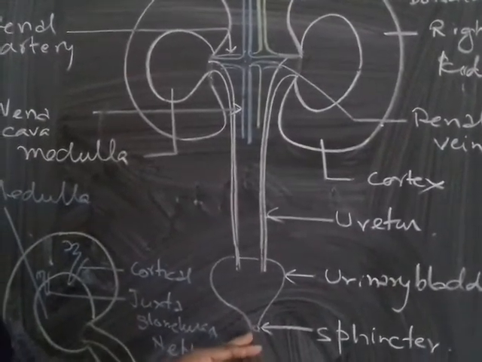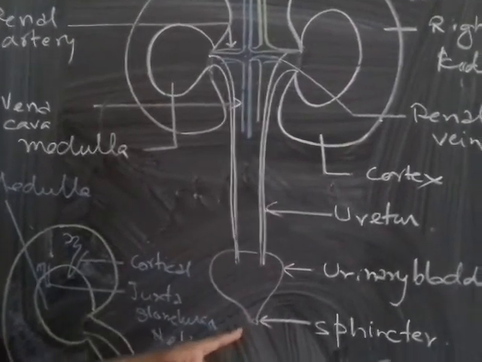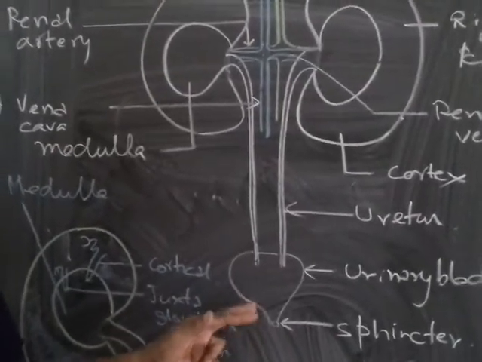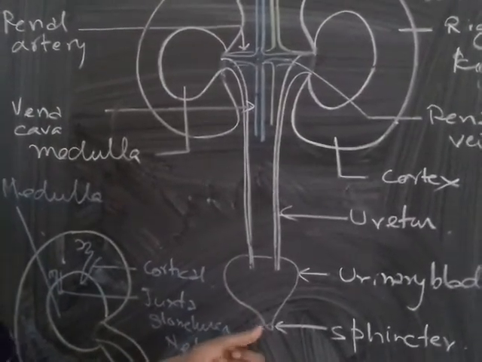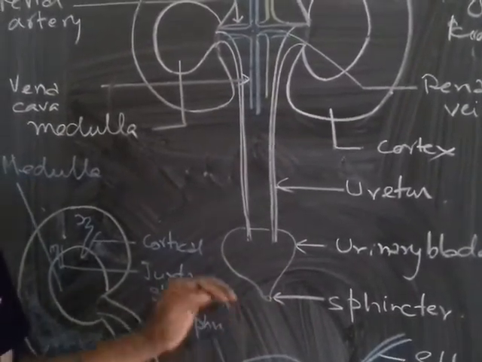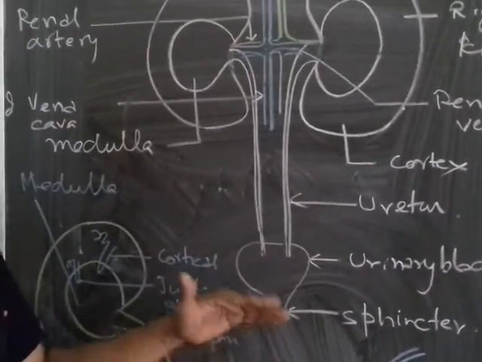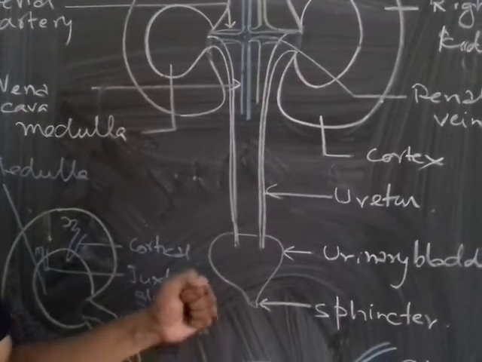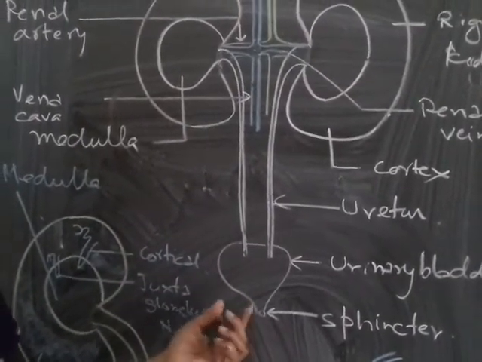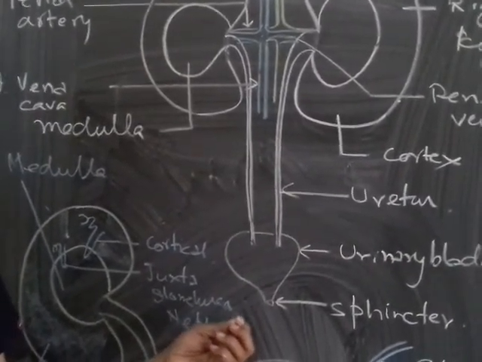The urethra is longer in the male because of the penis, because the penile urethra is there. In the female, the urethra is shorter. So the urethra is a duct connecting the urinary bladder to the external opening. Here it is guarded by a muscle called the sphincter muscle. The sphincter muscle is connected with a nerve called the pudendal nerve. This muscle is involuntary in infants, and as we grow older it becomes voluntary. That means it is under our control when to pass out the urine or to start the process of micturition.